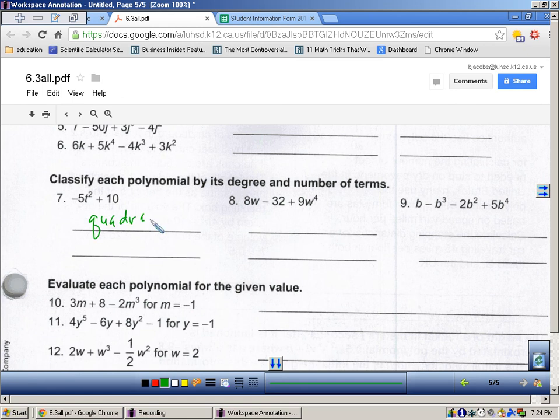Checking my spelling here, gosh, it's horrible. It has 2 terms, so that's called a binomial. So if you were going to name this, it would be a quadratic binomial. Here, it's got a degree of 4, and that's called a quartic. I know it's a fancy name, quartic, and it has 3 terms, so it's a trinomial. And then finally,